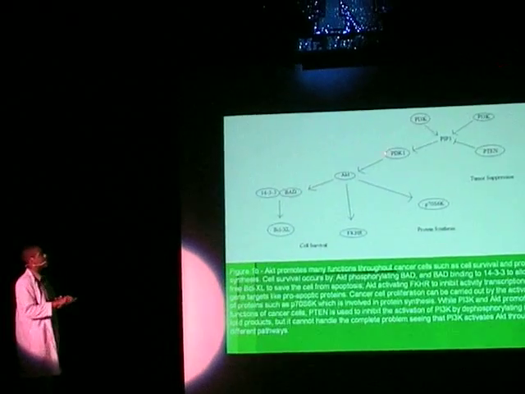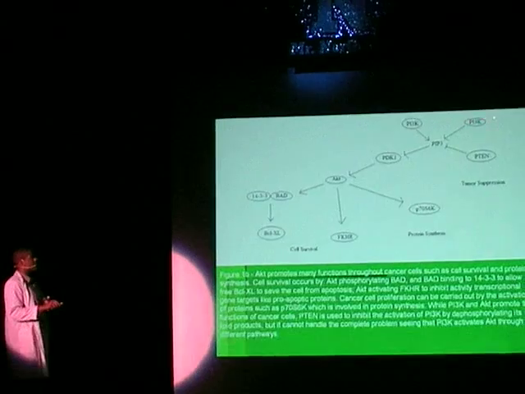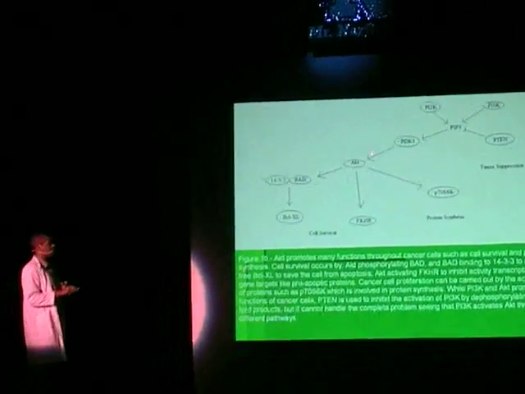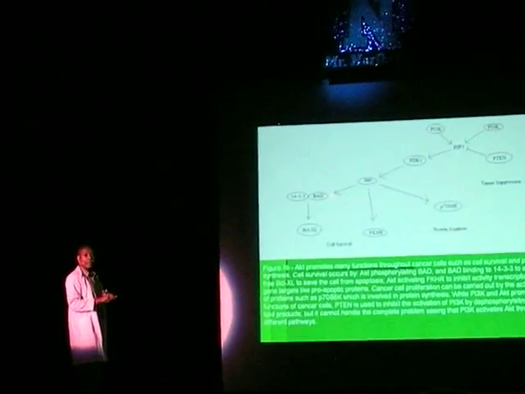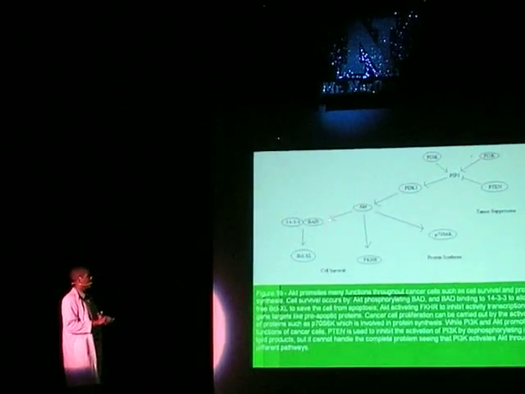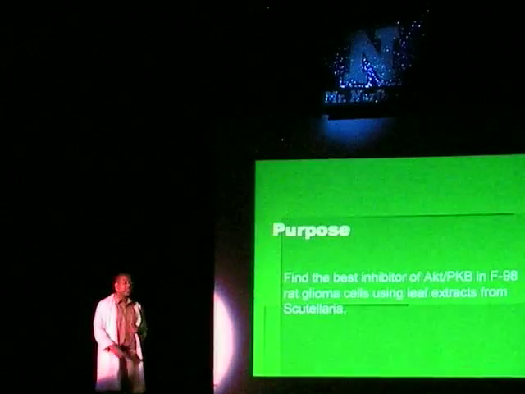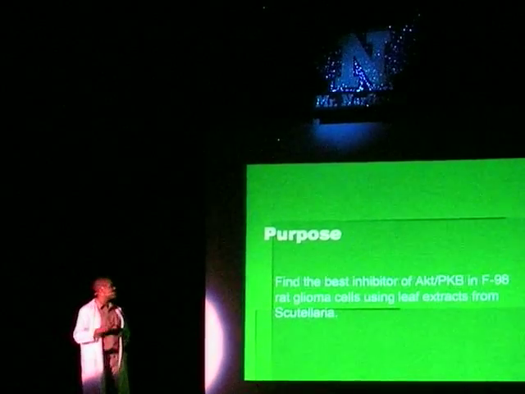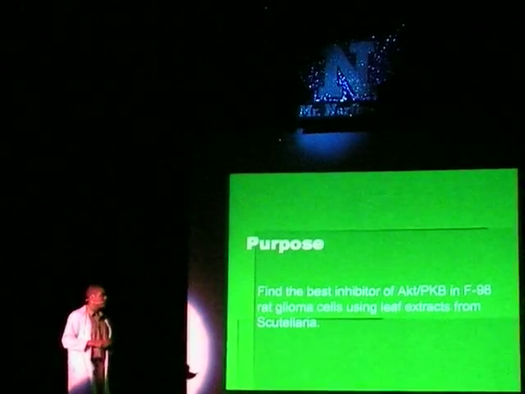Well, we start at the top of the line with the kinase called phosphatidylinositol 3 kinase that moves down to AKT eventually, and that then allows other proteins such as BAD, which is the BCL2 apoptotic promoter, to allow cell survival. Now, again, the purpose of my experimentation was to find the best inhibitor of AKT using F98 cells using